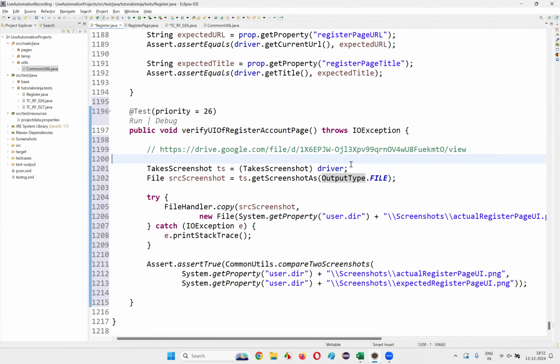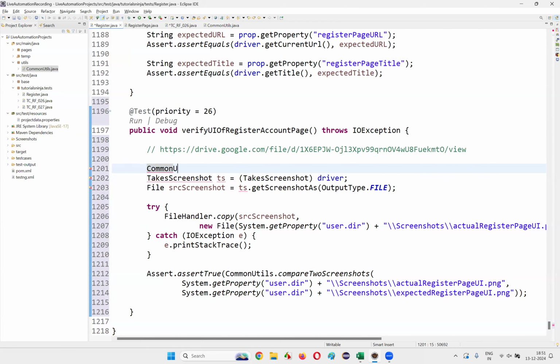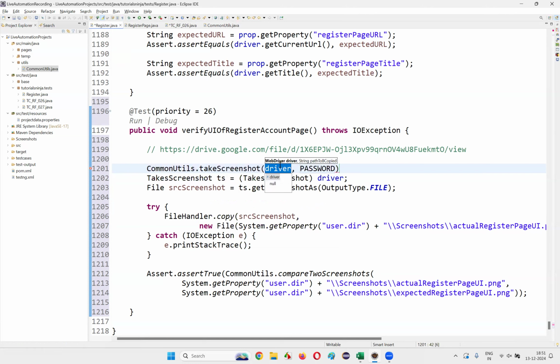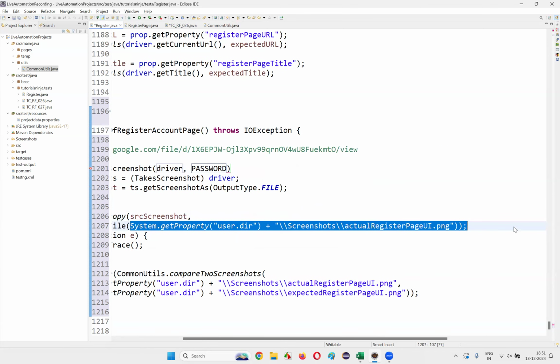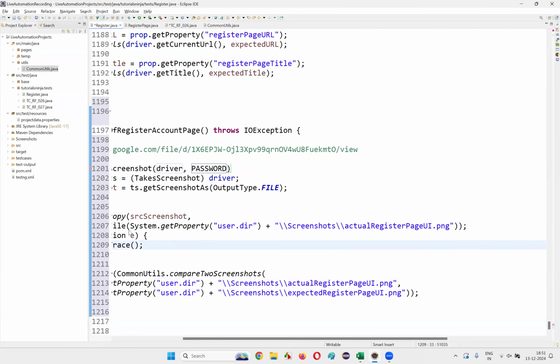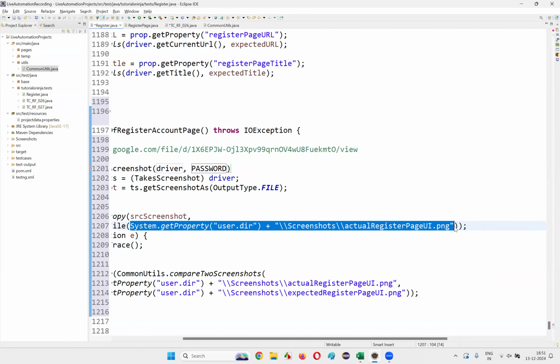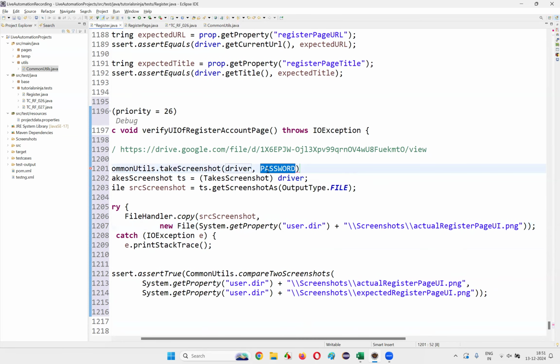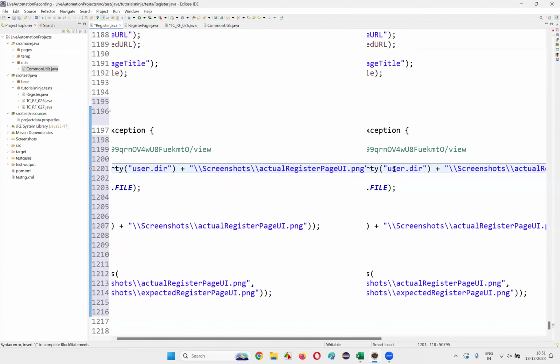So here I'll simply write down common utils dot take screenshot. And here we have to pass the driver. And here we have to pass something. What is the something that you have to pass? Path to be copied. What is the path I need to copy? Okay, that means this one, guys. Okay, system dot, this is a path. Okay, copy this path. System dot get property user dot dir, until here you can copy the path here. Copy this path and paste this path here. Put a semicolon here. Okay,